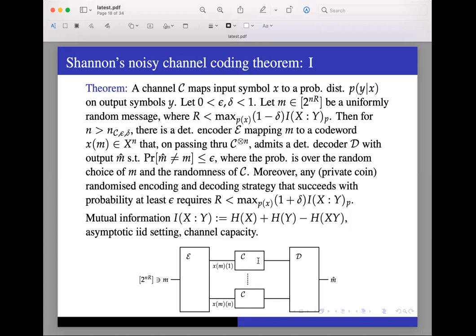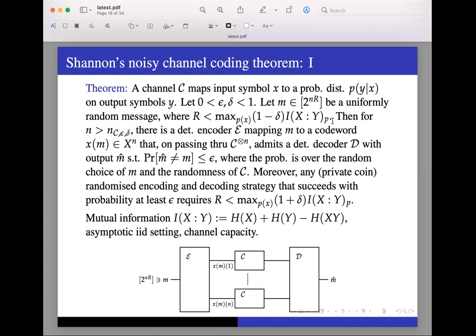Okay, and we are looking at the maximum rate per channel use, which is called the channel capacity. And here is my suggestion for the channel capacity. So look at this quantity. Of course, this quantity depends upon what is the input distribution that I'm supplying to X. So maximize the mutual information over all input distributions. So that is the right-hand side. And I claim that basically that is this capacity.